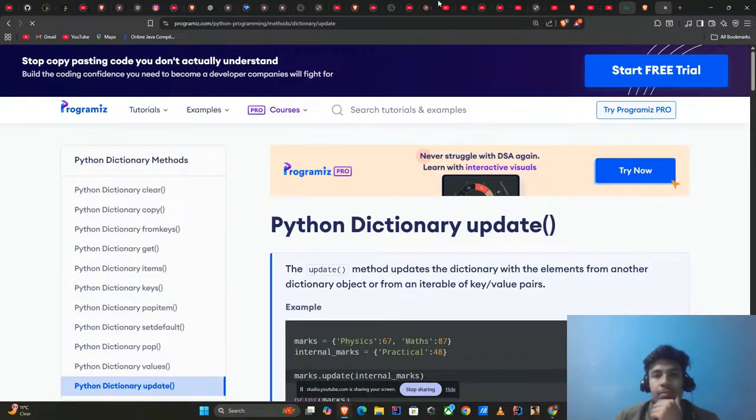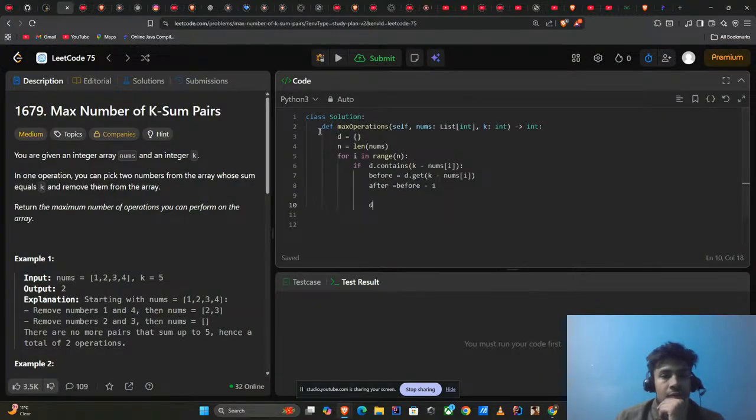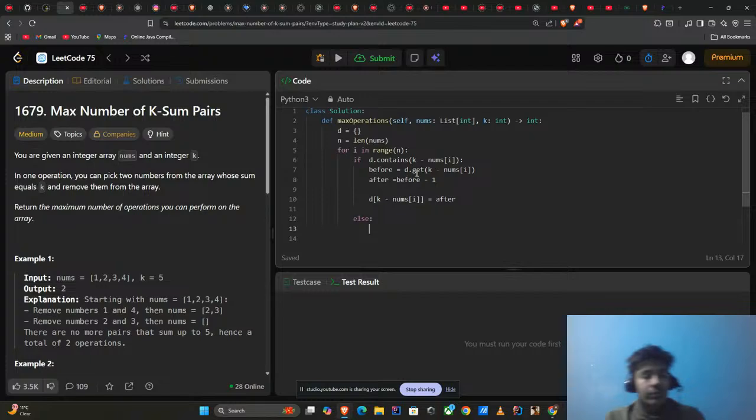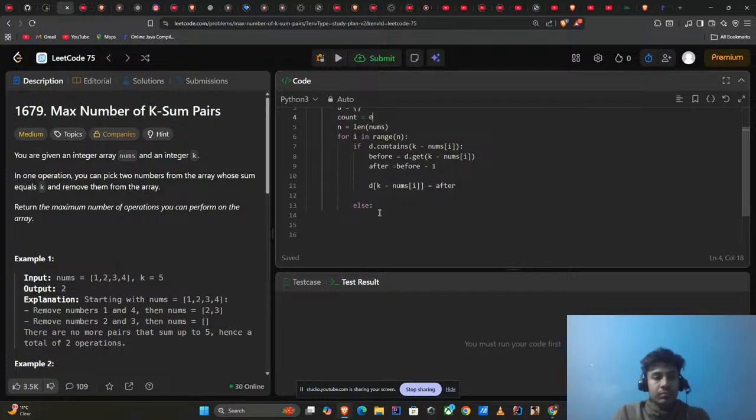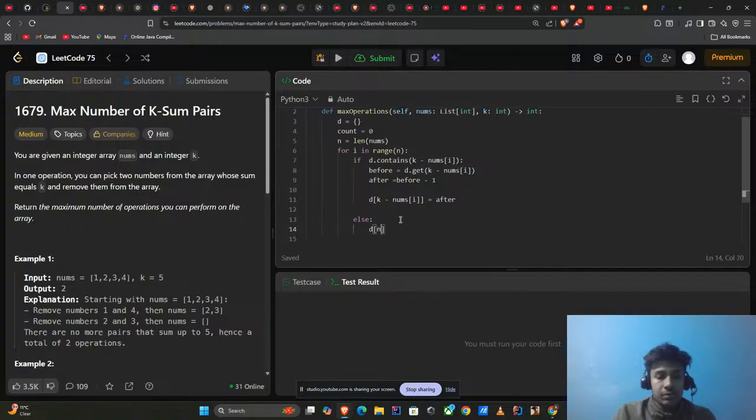Okay, straight up it is saying do this after. Now we have updated the value if that thing is present, otherwise what we are doing. Okay, again we have to take a count. Otherwise d dot nums of i is equal to